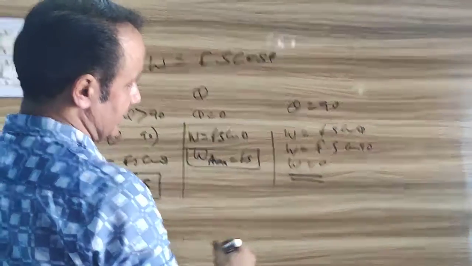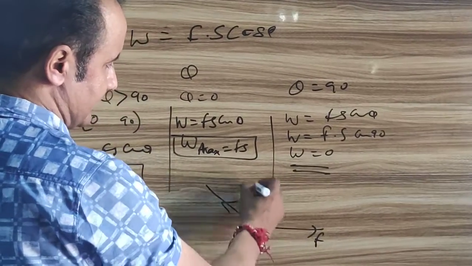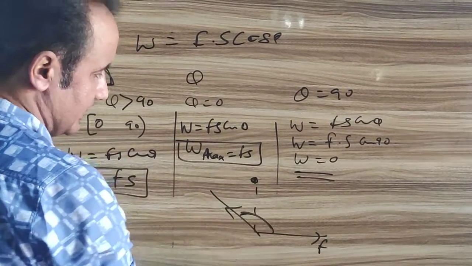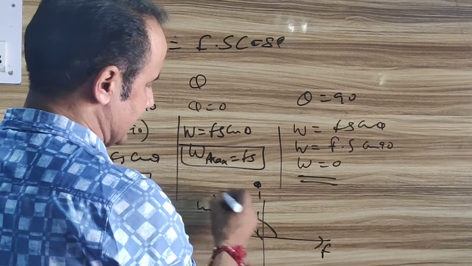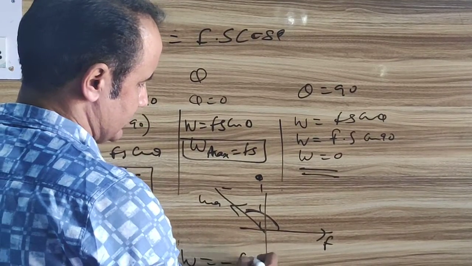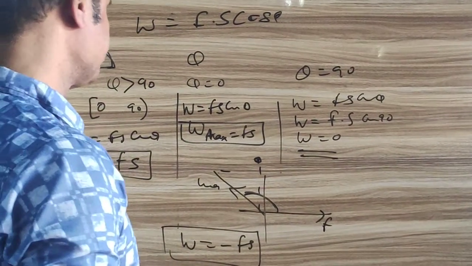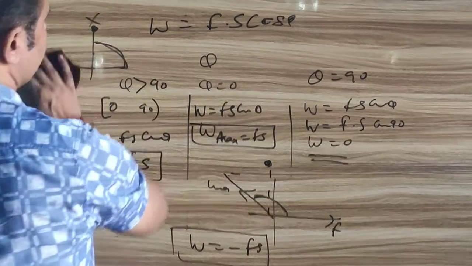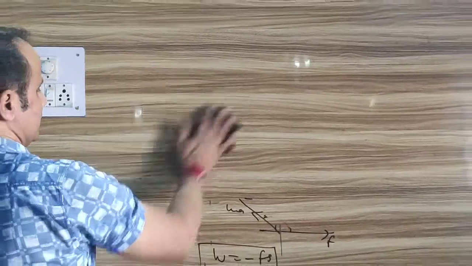Okay, the fourth one, if the angle between the force vector and displacement vector becomes greater than 90 degree, then, as we know, in the second quadrant cos theta is negative. Then W is equal to negative Fs, and here we get the work done negative. Okay, further we have the work done with respect to, actually work has a different